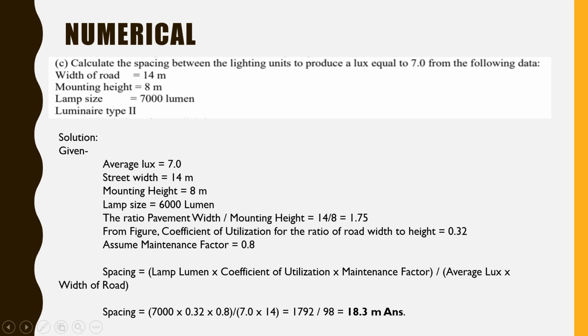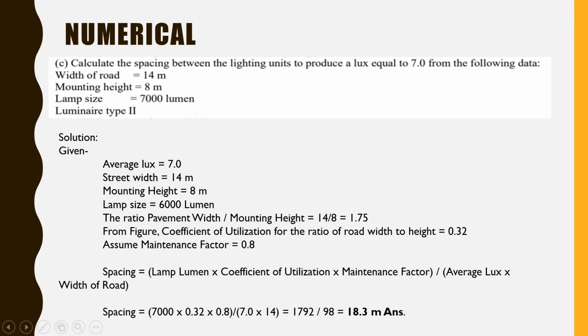Now assume maintenance factor 0.8. Spacing of lighting units, we have the formula, is equal to lamp lumen, that is 7000, into coefficient of utilization, that is 0.32, into maintenance factor, that is 0.8, divided by average lux, average luminosity given as 7, into 14, that is the width of the road. So it comes out to 1792 by 98, and that is 18.3 meters, the answer for the spacing of